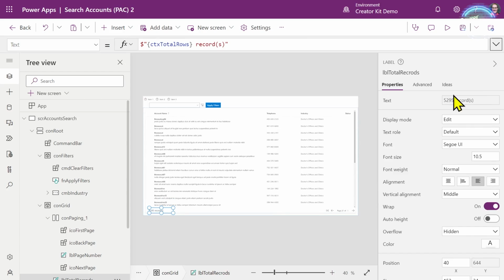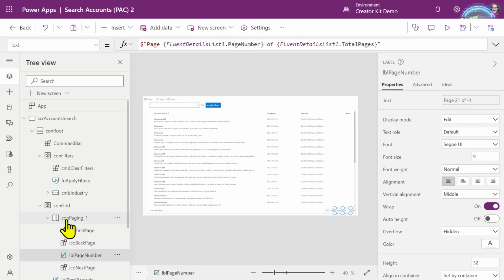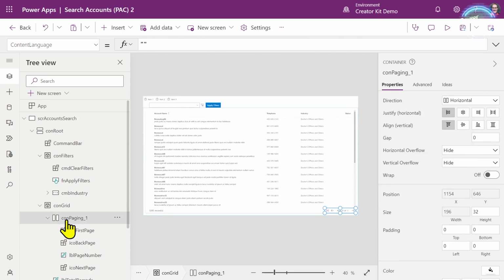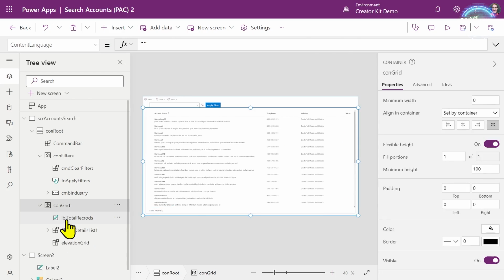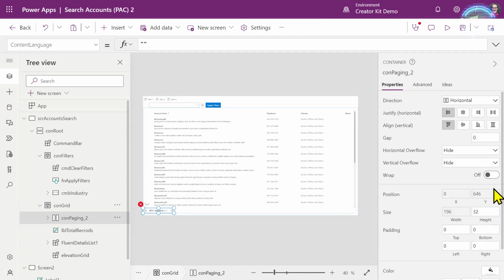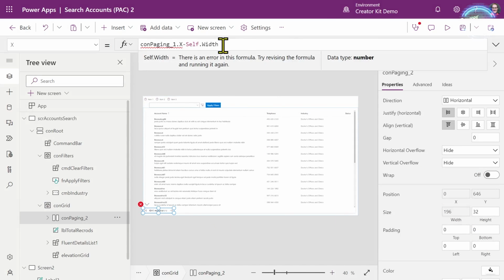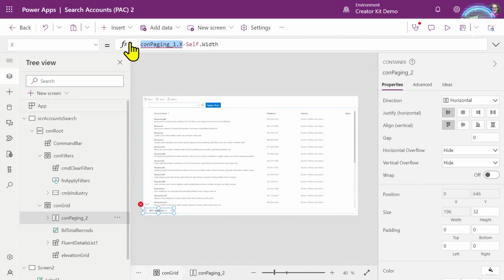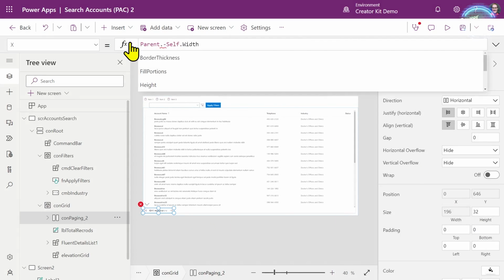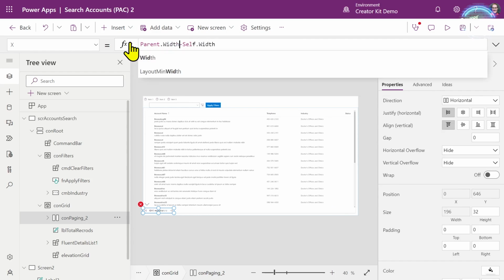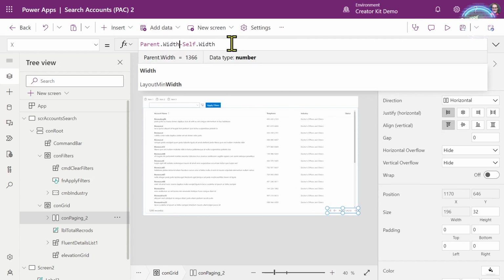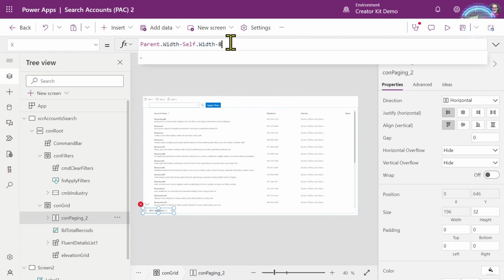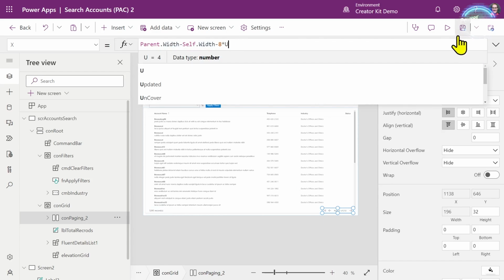And I will also remove this paging element, and I'm going to paste in a different one, and I'll run through what that looks like. I'm just going to position that as parent.width minus self.width, so it just positions at the end, and then let's subtract 8u to give it some spacing.